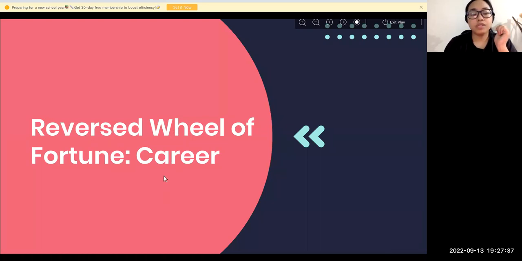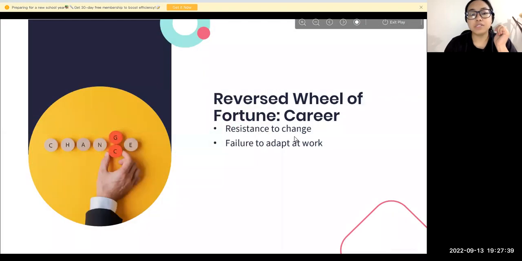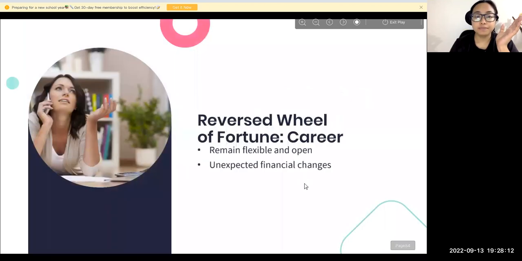Wheel of Fortune reversed in a career reading means resistance to change. You don't want to change at all. Failure to adapt at work. Whatever changes are happening in your career, you're not looking at them as, oh, let me see the opportunity and grab that opportunity. You're saying, why should these changes have happened, why is this happening, so you are going into more of a gossip and complaining mode. Instead of that, you should be adapting and looking into what new thing you can do. So failure to adapt is itself what the reversed card is telling.